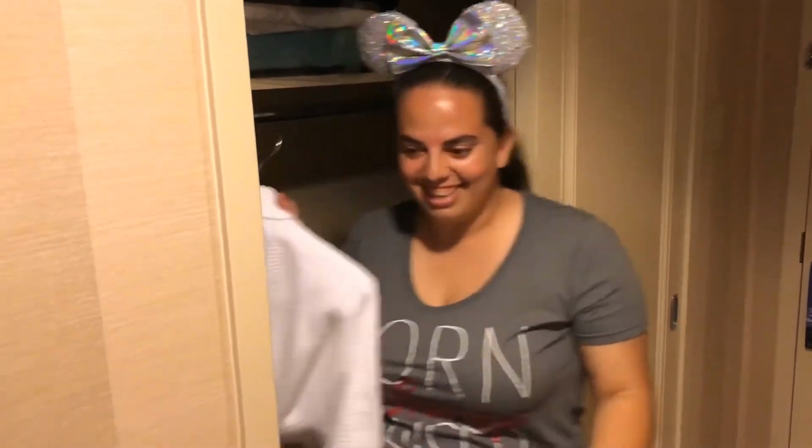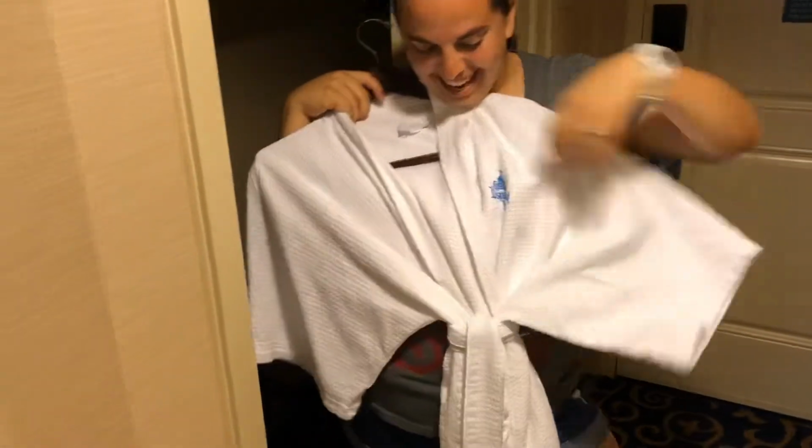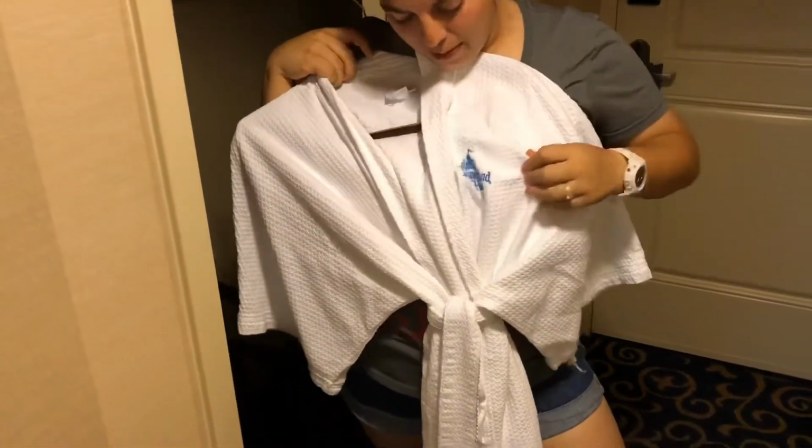We also have an iron in here, and look, you guys, we have Disneyland robes that we're gonna be wearing for sure, all the time. But they also have a safe in here and a spot to put your luggage. And then, if you come this way, we have some art based off of the Disneyland Resort. They have a bunch of stuff from all over. And if you come over here,